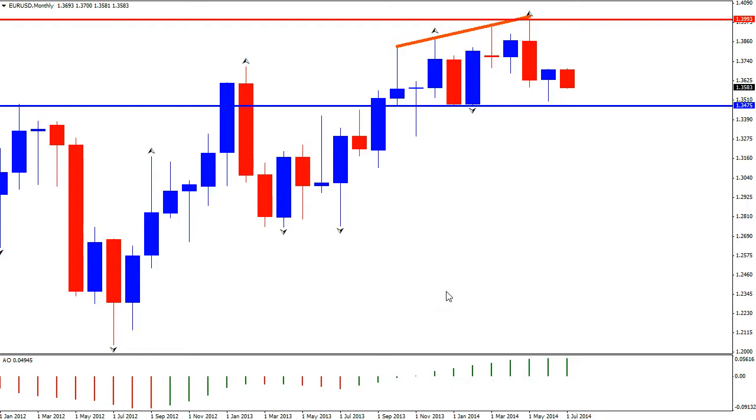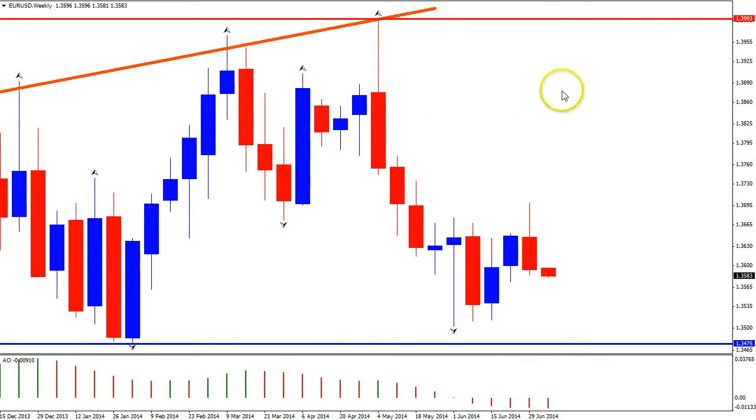Last week we had positive NFP figures and unemployment rate figures for the US, so it's going to be interesting to see how those had effect on last week's trading and last month. Basically, the monthly chart is showing a bullish pin bar. In fact, that was the last month of June, and we see a strong close near the high, with a pretty big wick at the bottom, so that looks like a bullish signal. But if you then look at the weekly, we see more of a reversal candle after last week's positive NFP